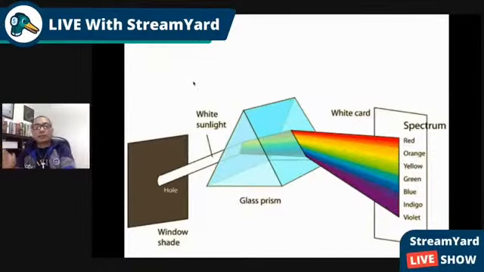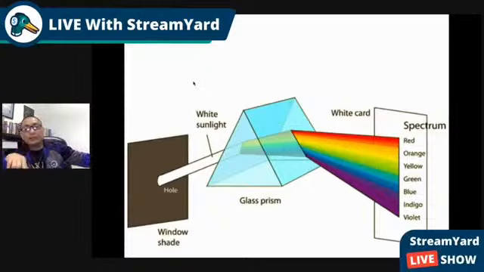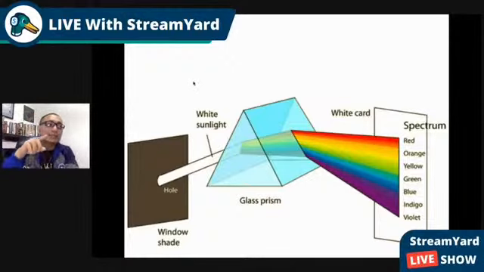Roy G. Biv. So red has the longest wavelength, and violet the smallest wavelength. Or red has the lowest frequency, and violet has the greatest frequency. Beyond violet is ultraviolet, below red is infrared. Then the spectrum goes on.